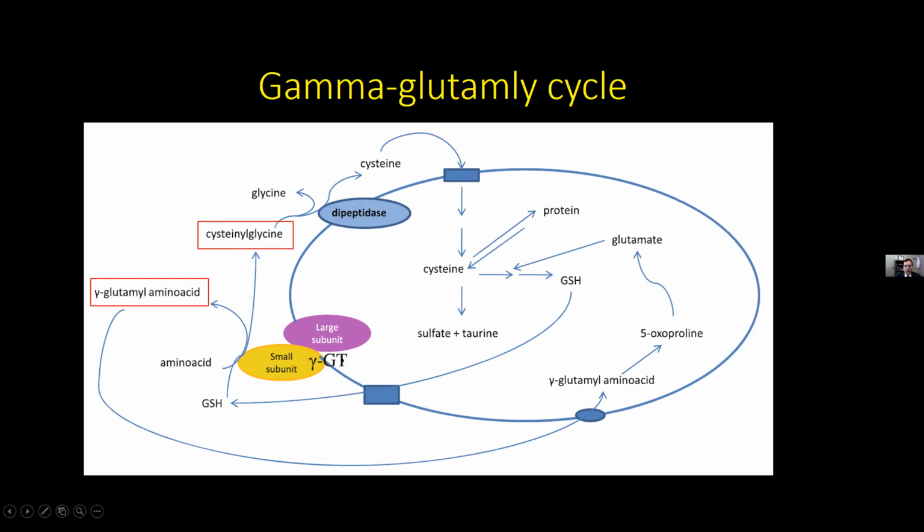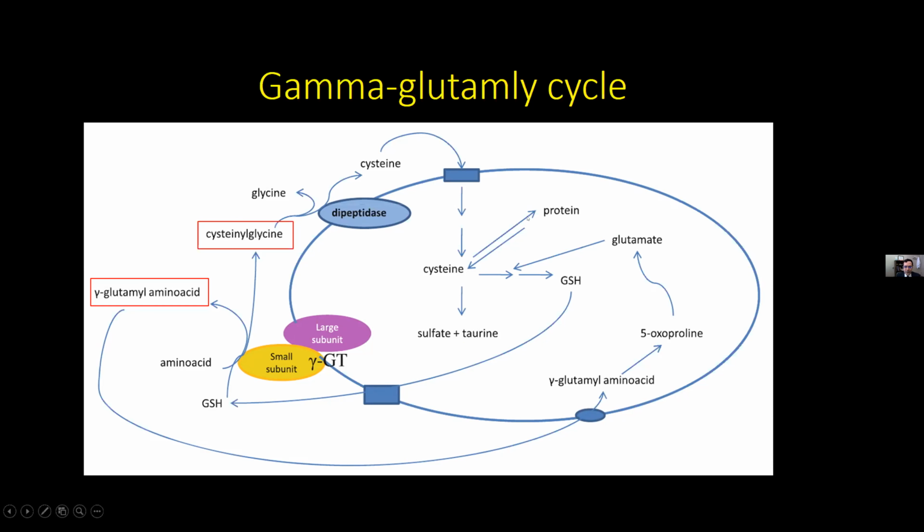this gamma-glutamyl transferase, GGT, on the surface of the cell quickly degrades glutathione to a glutamyl moiety, which then is bound to various amino acids and cysteine glycine, our molecule of interest. And then a dipeptidase on the surface of the cell breaks cysteine glycine down to glycine and cysteine. Cysteine and glycine are then taken up by the cell, and the glutamyl amino acids go back to the cell. Glutamate is released from it, and glutamine, cysteine, and glycine are combined to replenish the glutathione source in the